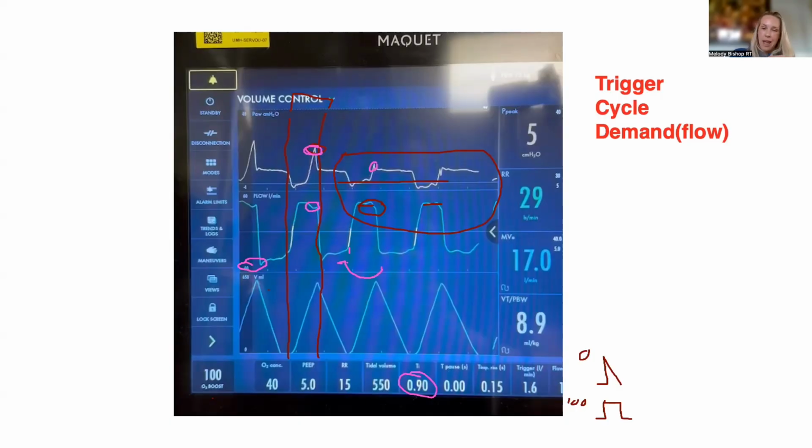Because again, I do see missed triggers and a delayed trigger in this. I see a deflection negative in the pressure at the same time we're having a positive in the expiratory. I think this patient, if you watch their chest, would be breathing rapidly at a rate of 40, in, out, and actively inspiring and expiring.